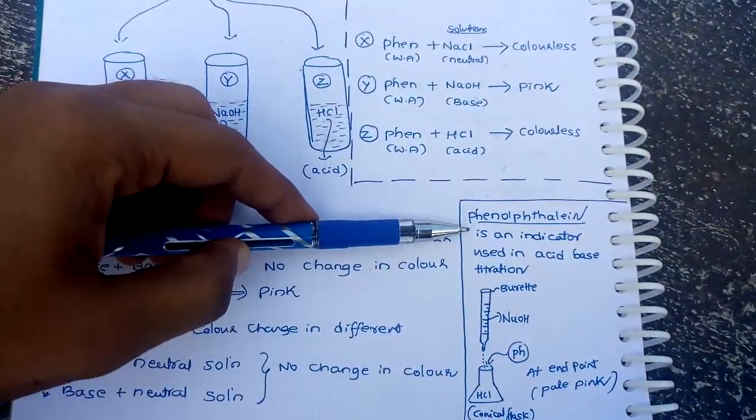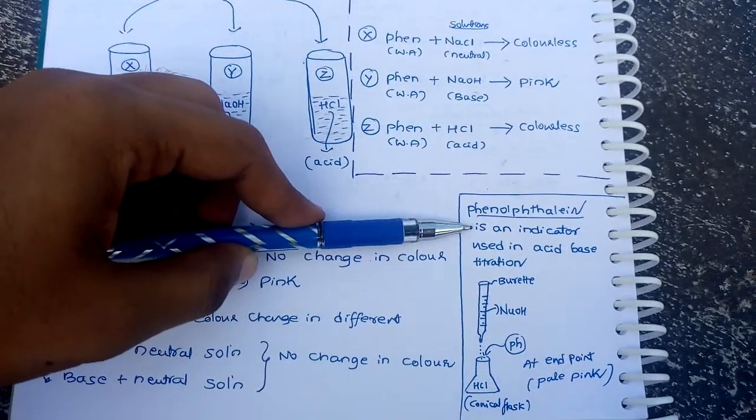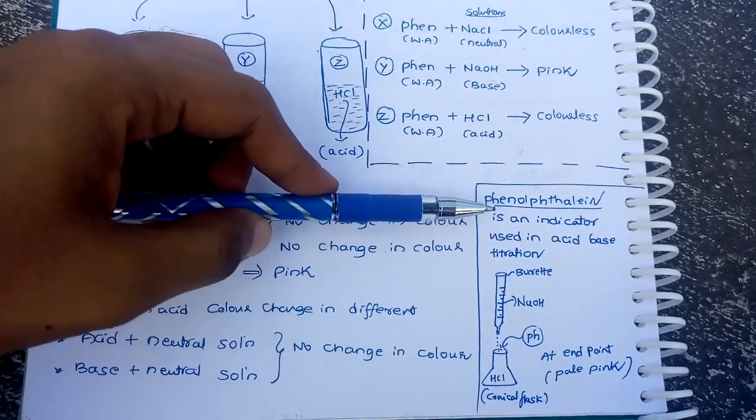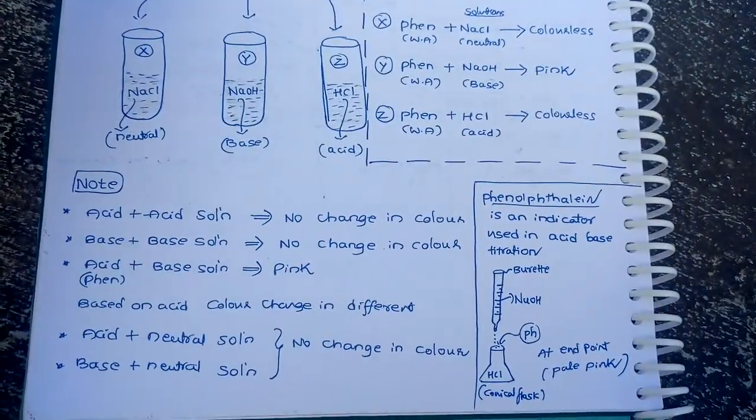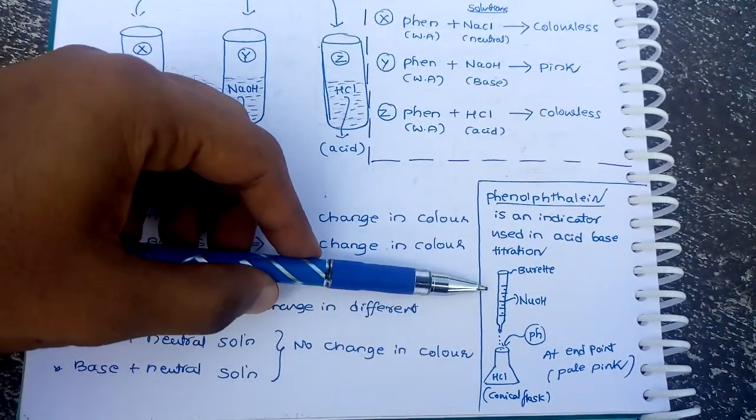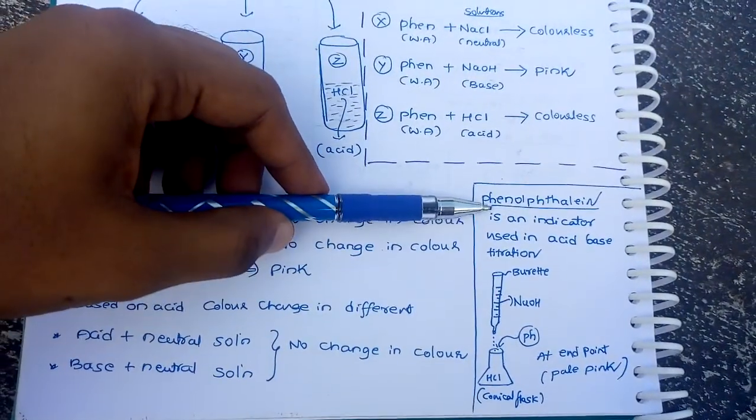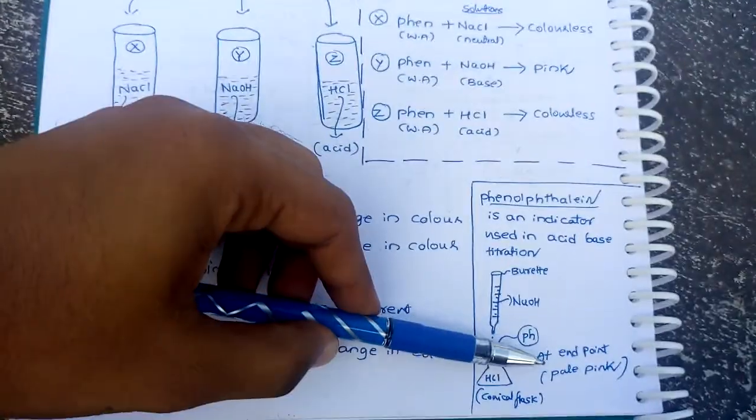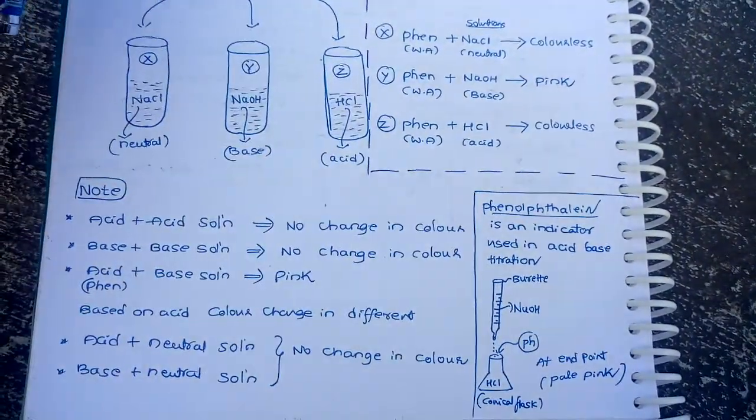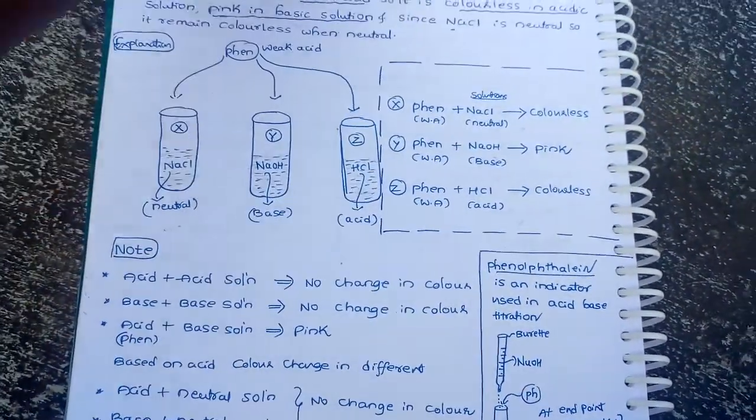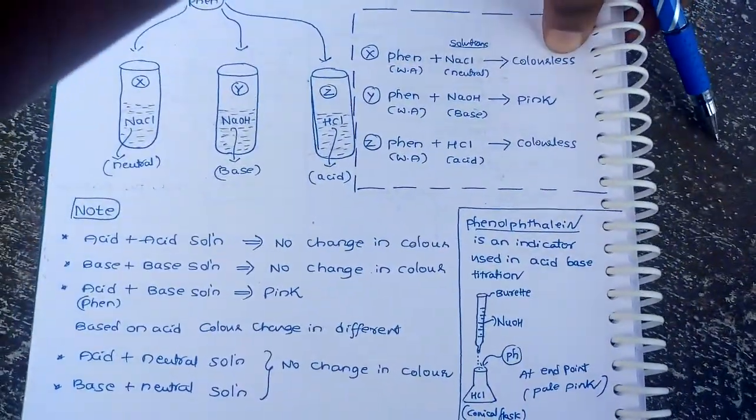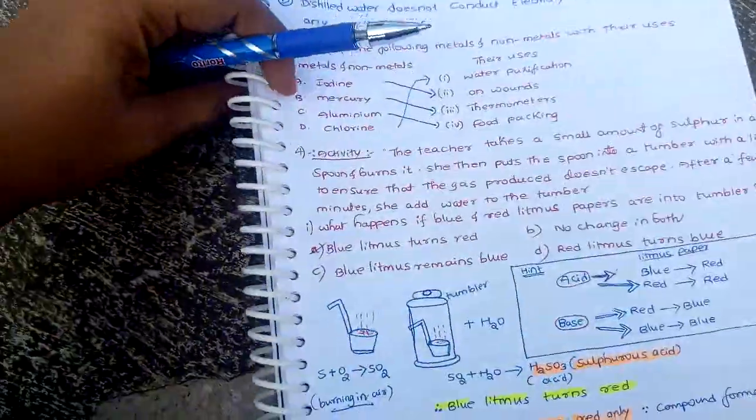This is about phenolphthalein. As you know, in class 11th and 12th you studied the phenolphthalein indicator in HCl versus NaOH titration. Phenolphthalein is an indicator which gives the endpoint of the reaction. So this is the explanation. Second question,